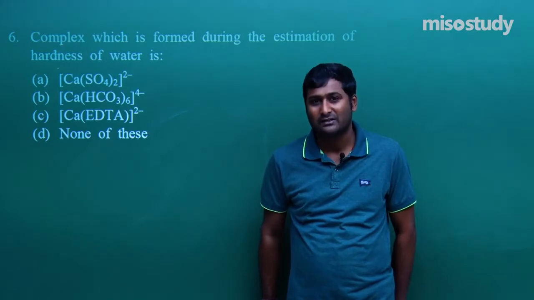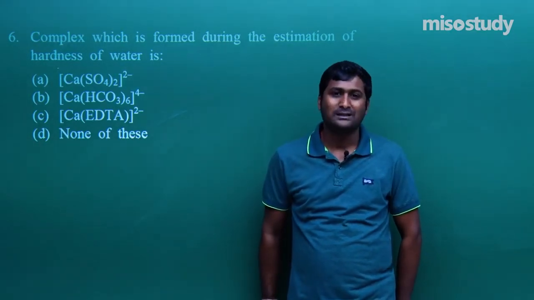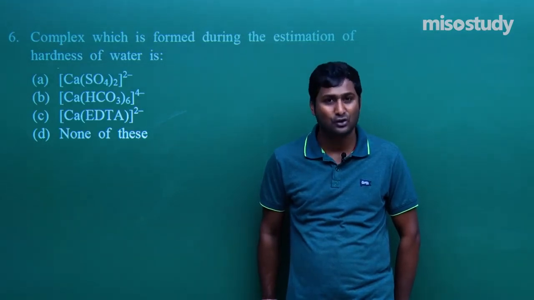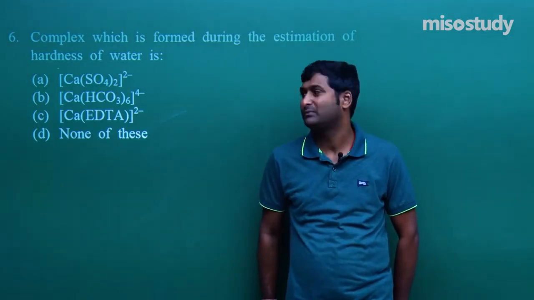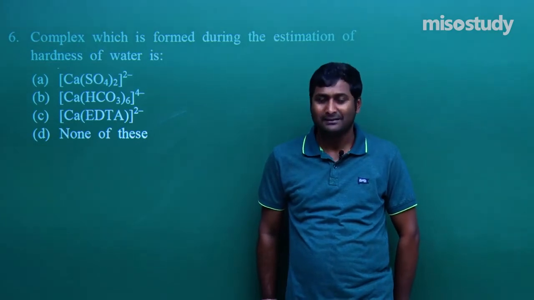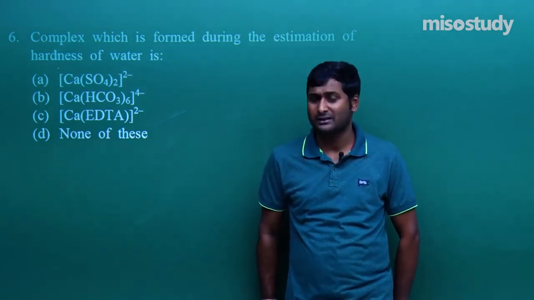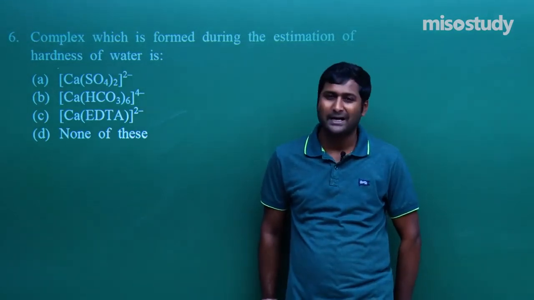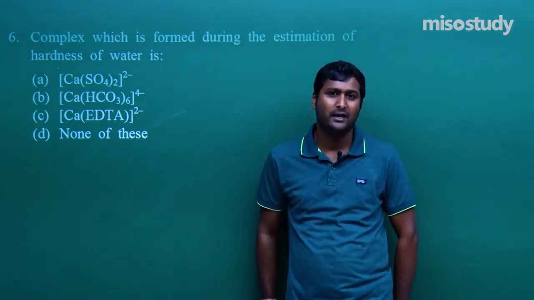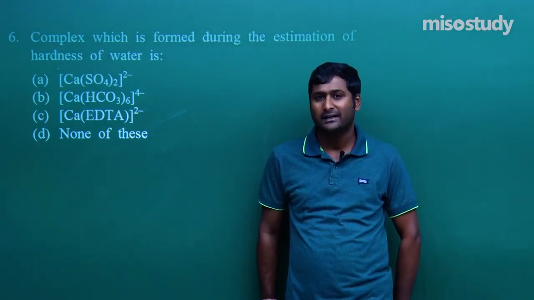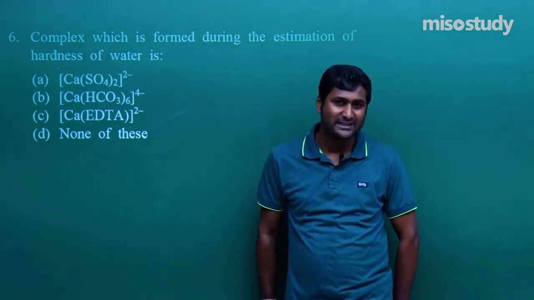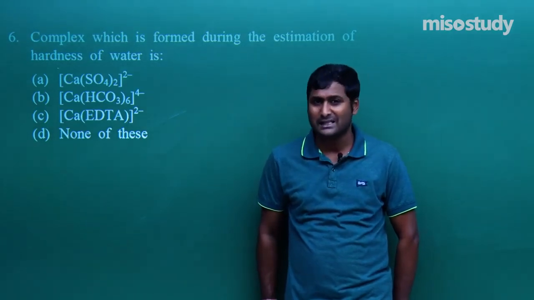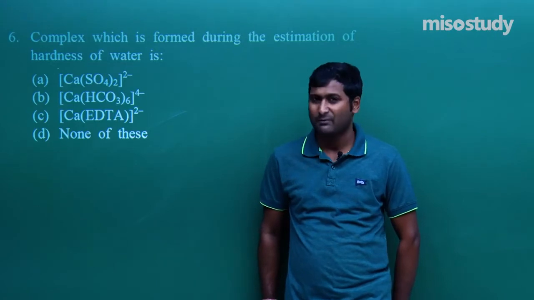I know this is not in the syllabus of class 11, this is in the syllabus of class 12, but there is a question, that's why I am discussing. I will discuss these things in coordination chemistry in class 12: what is EDTA, what is monodentate, bidentate, tridentate, tetradentate, pentadentate, hexadentate, polydentate, flexidentate character, ambidentate. I will discuss it later. But just for GK type questions, you can easily memorize this.